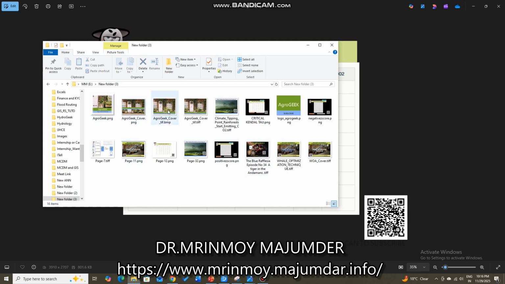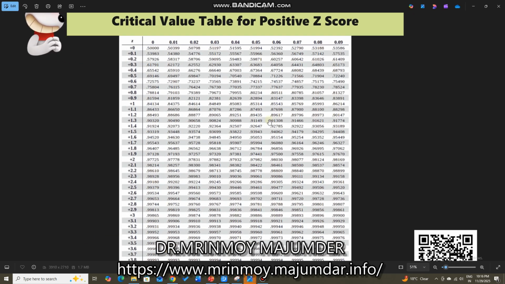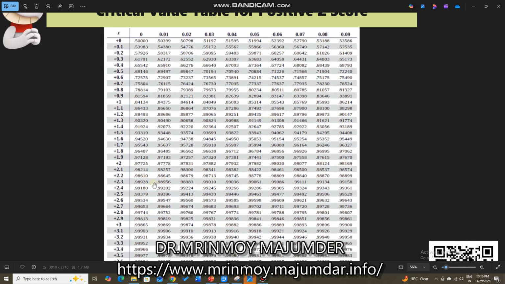So this is the critical value table for positive Z score. You see, here is the table. So as I described in the presentation, you have to find the